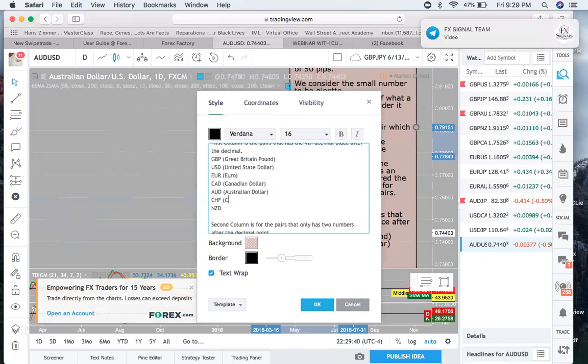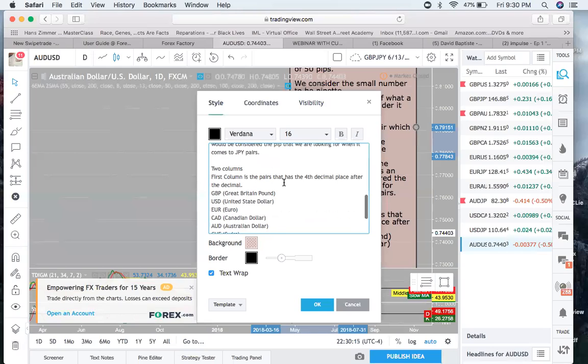All right, CHF is the Swiss franc. And NZD is the New Zealand dollar. Okay. All right, so these are the pairs that have 4 numbers placed after the decimal, and the only pair that doesn't have 4 numbers after the decimal is JPY,